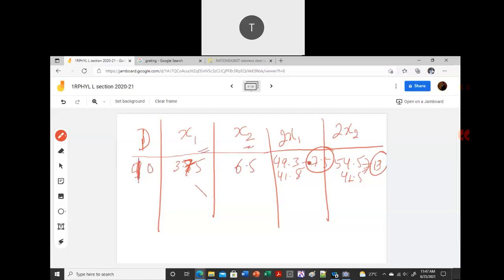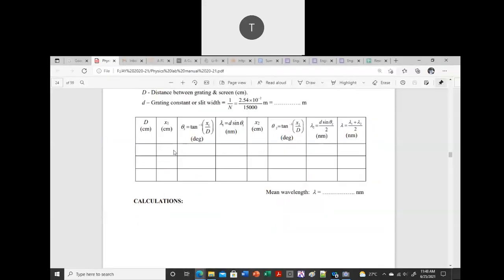For 10 centimeter, you do the same for 5, maybe 20 centimeter and 30 centimeter. Then you find the values for x1 and x2. That will be the initial part, and then you substitute that in your tabular column for different values of distance, what is x1 and what is x2, and finally you find the lambda. I will send you this x1, x2 for at least two different distances, then you have to find the value for lambda.